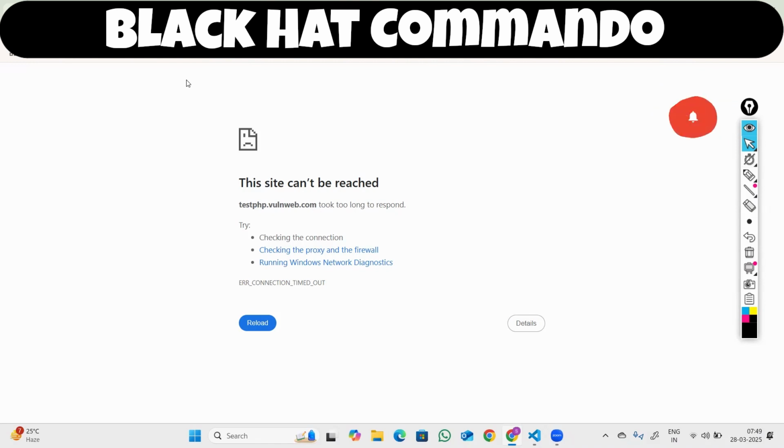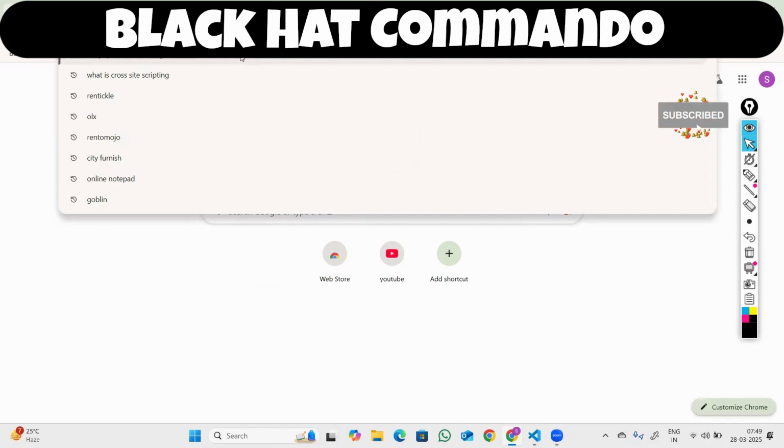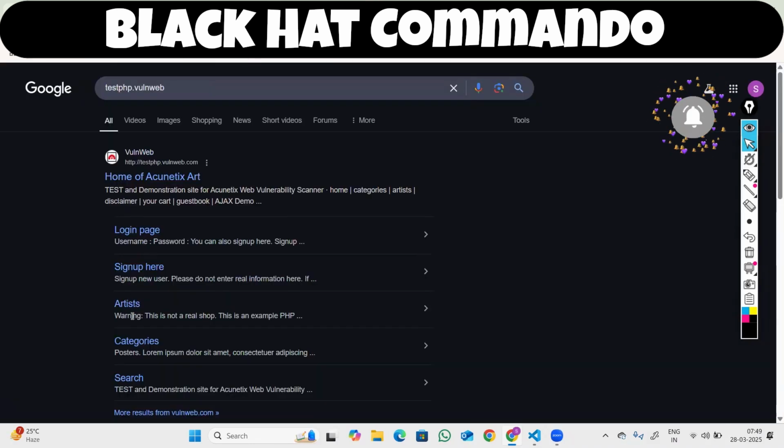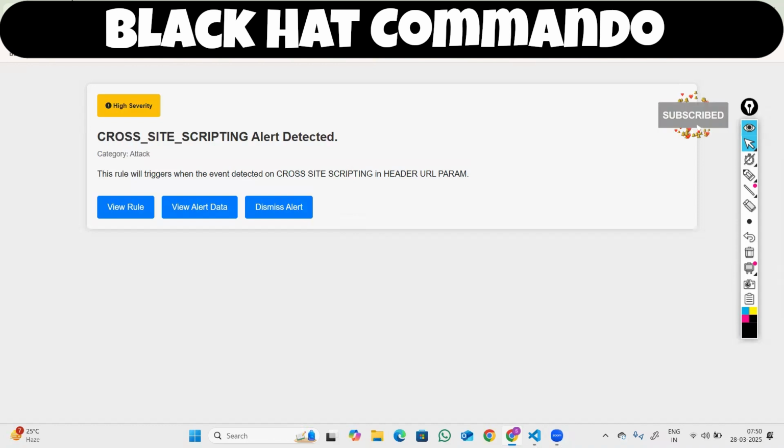Just a second. Hey, this is not opening. Let's open a new tab and try one more. Test page. Some random page we will take. Okay, so the website will be opened. The website is hosted on HTTP, not on HTTPS. And here is the website. We can test and demonstrate a site for a website vulnerability scanner. Okay, and now before performing any of the actions,